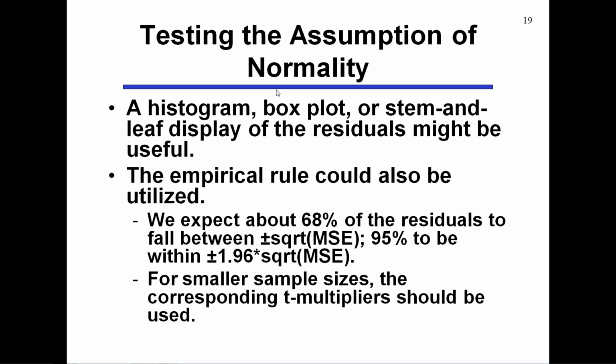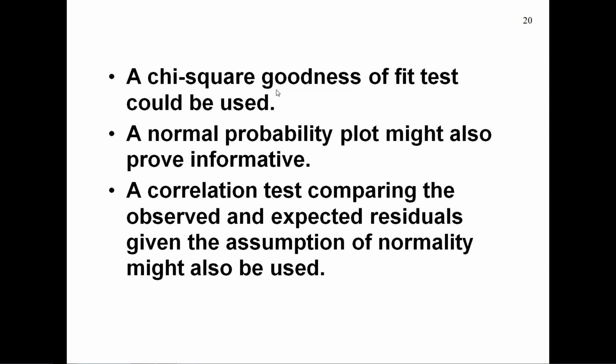We could employ the empirical rule. We know that if a random quantity is normally distributed, then about 68% of those observations should be within plus or minus 1 standard deviation of the mean. And so we could see whether our residuals actually exhibit that kind of behavior. We could do some statistical tests. Now, there is a thing called a chi-square goodness of fit test. It is not discussed in this context of testing the assumption of normality in a simple linear regression model in our textbook, but it certainly could be used, and maybe you've seen the chi-square goodness of fit test in a statistics course that you may have taken prior to